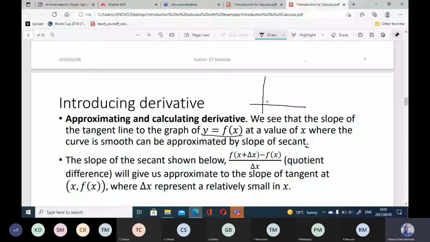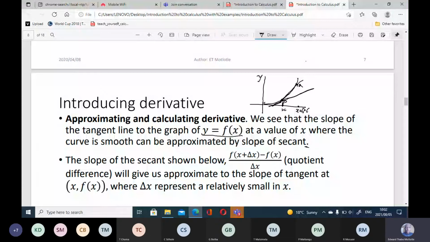We can make it x, and that point maybe x plus h. So now you take the limit of the difference quotient as h approaches 0, f(x plus h)